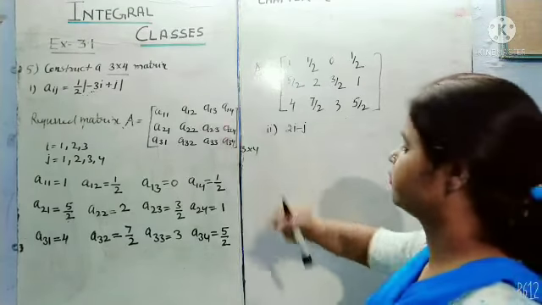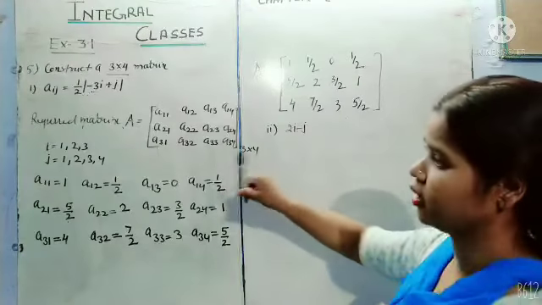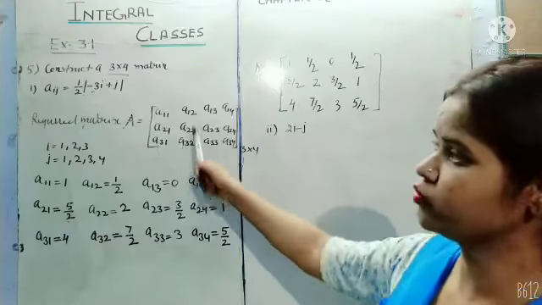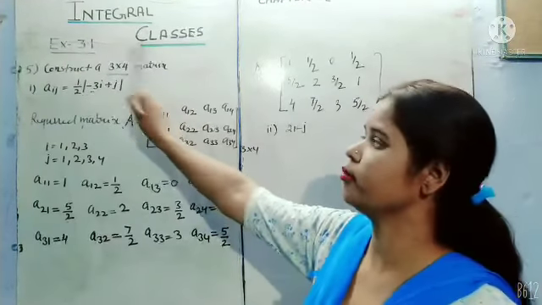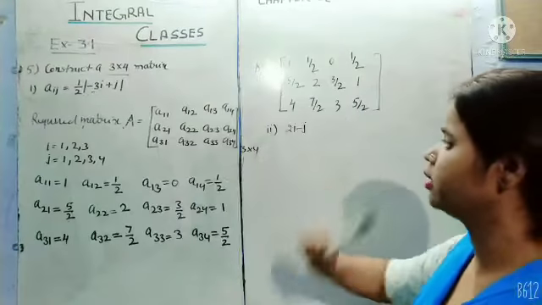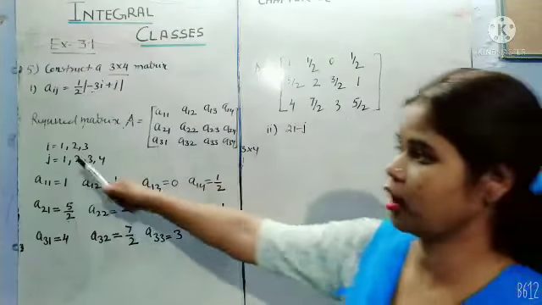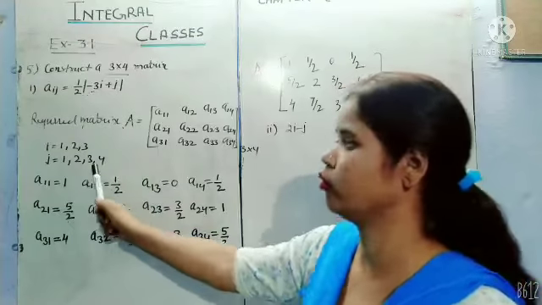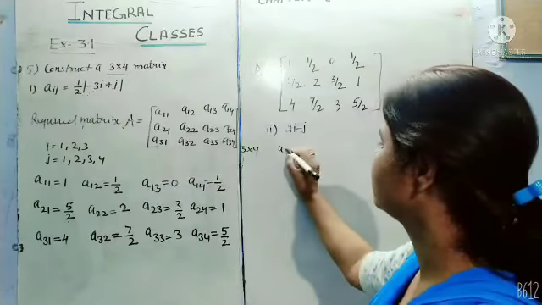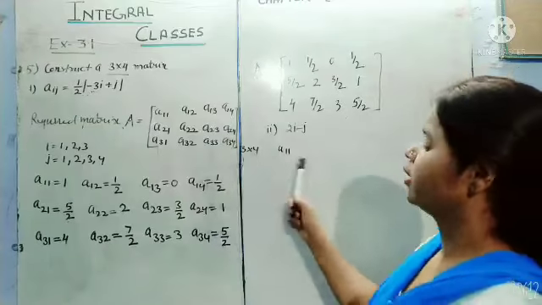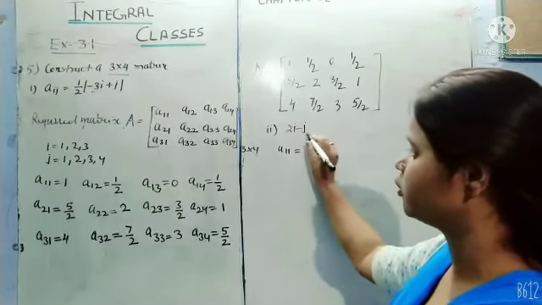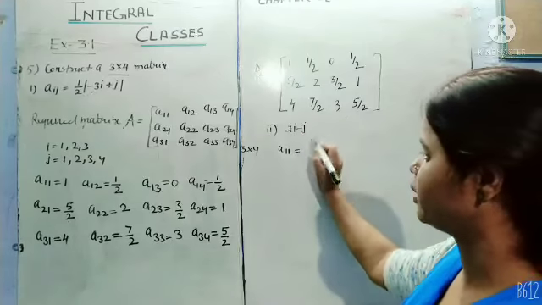Second part of question number 5. So students, again we will consider this matrix because we are given to construct a matrix which has order 3 cross 4. So it is similar. Now we will consider here i equal to 1 to 3 and j equal to 1 to 4. Now find the values. Firstly we will work in the first row. So A11, i equal to 1 and j equal to 1. So 2 into 1, 2 minus 1, 1.